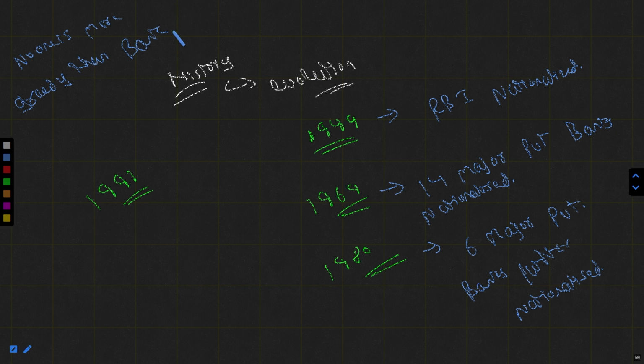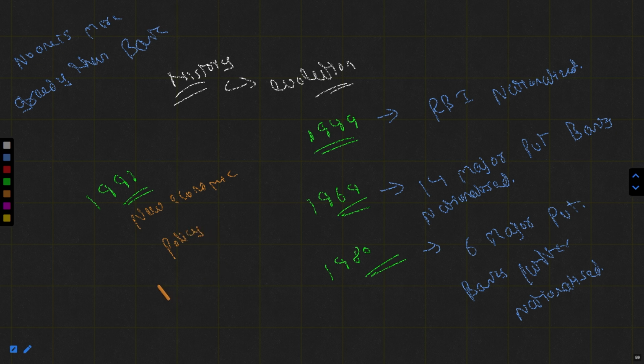Okay, but what happened in 1991? Due to government failure, due to corruption, due to inadequate management, due to the lack of competition in the market, and various other factors, these banks started collapsing one after another. This made the government think about pulling back the restrictions which were imposed on private sector banks or private players entering the banking sector of India. And finally, in 1991, due to the new economic policy regime,